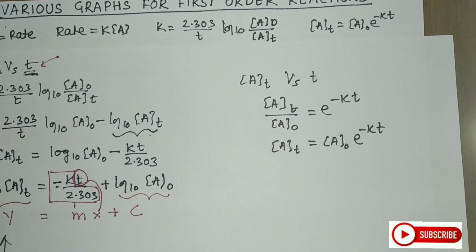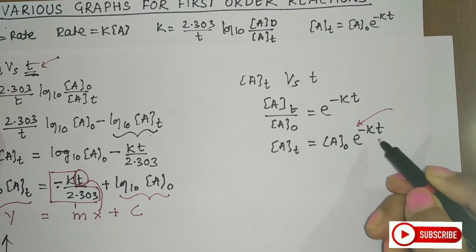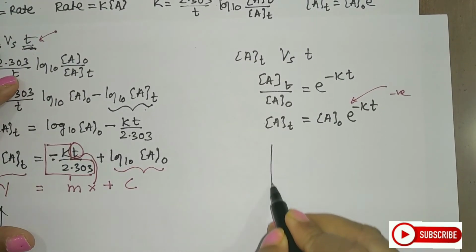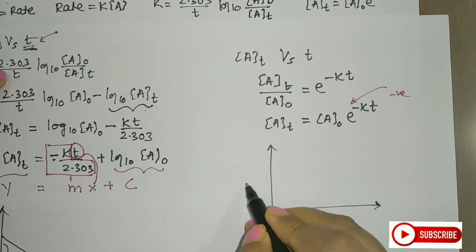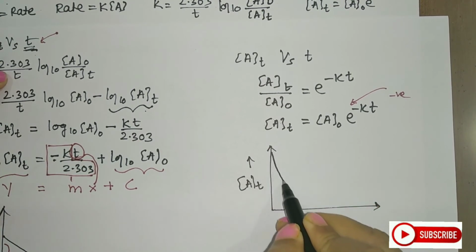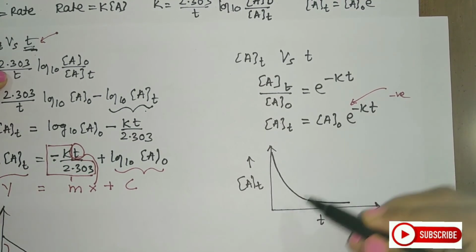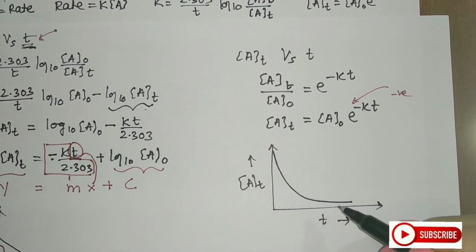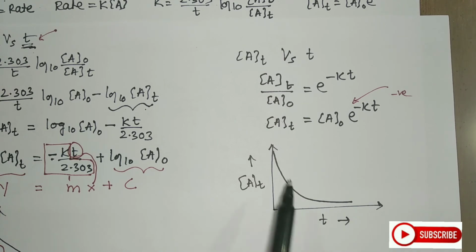Now students, if you see this particular term here, the sign is minus, which means it has a negative slope here. So it will show an exponential decrease. So the graph nature is, I'll plot the graph in this way. At and t. So the graph will be something like this. If it had been positive here, the graph would be like this. So a graph of such a rate would not appear as a straight line, but it will always be a curve, because the concentration of the reactant decreases exponentially with time. And therefore the graph will be like this. I hope you all have understood this.